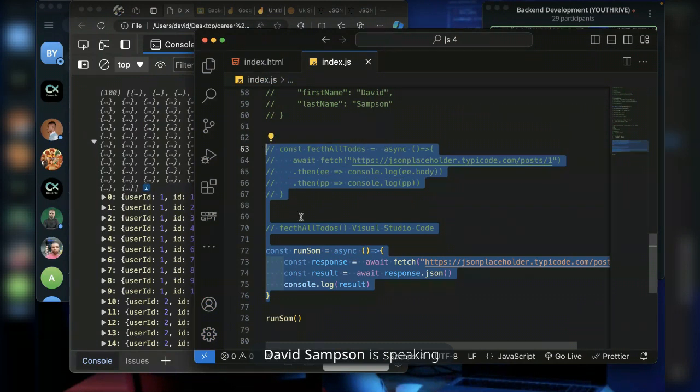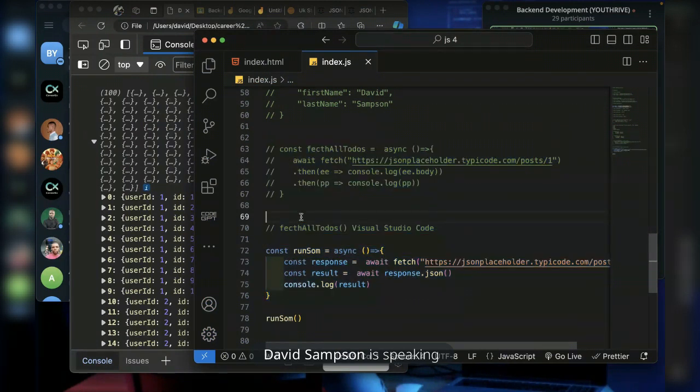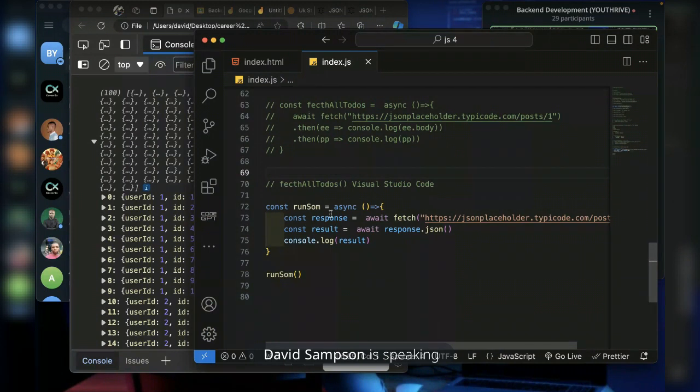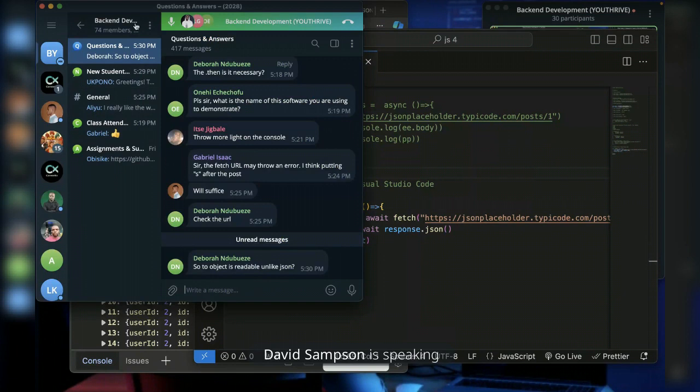But going forward, there are other ways to do it, like an advanced way of doing it. But this is the basic and simple way of doing it. For the person who said he doesn't understand, I don't know if this one makes it clearer for you to understand how to make a GET request to a server and get it back. But if you have any question,